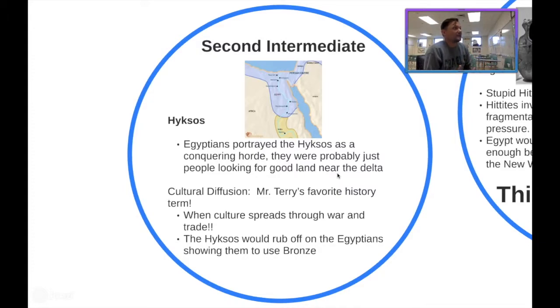For example, the Greeks did not know what money was, but then eventually they traded with the Persians, and the Persians paid them with coins, and they were like, oh my God, we can do this? And so they adopted coinage systems. So when the Hyksos came in and took over the Delta using these new weapons and methods, the Egyptians learned how to make them and would later rise up, fight the Hyksos in a war, and drive them out.